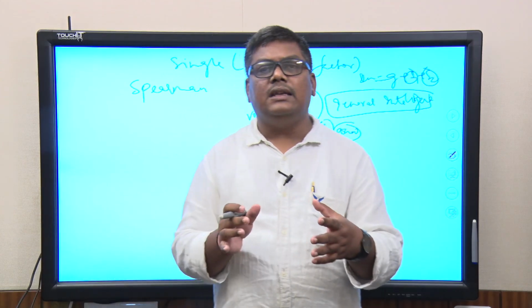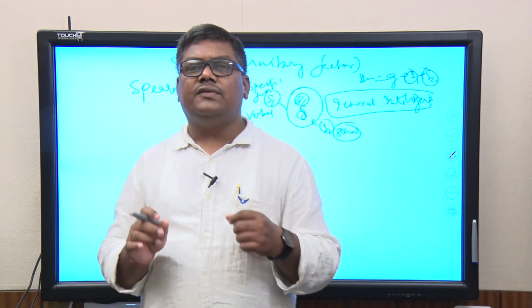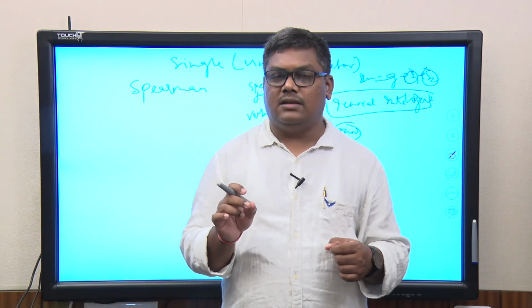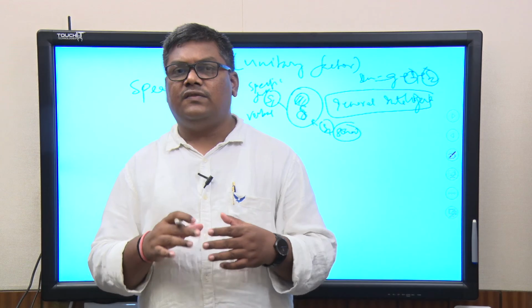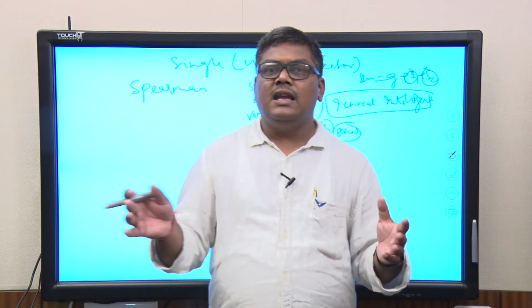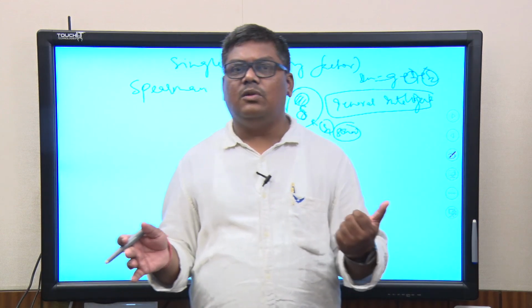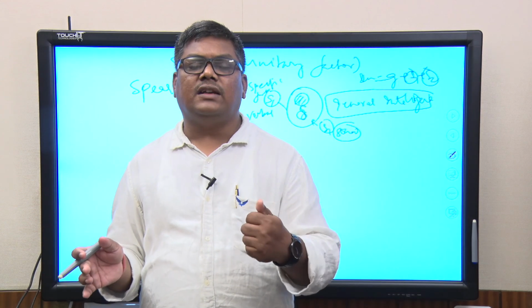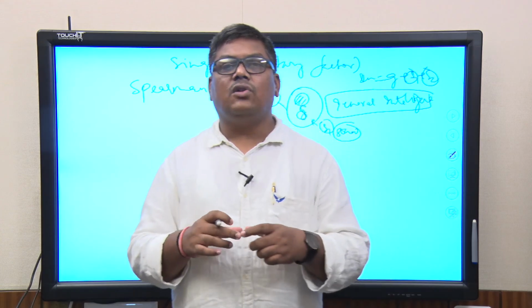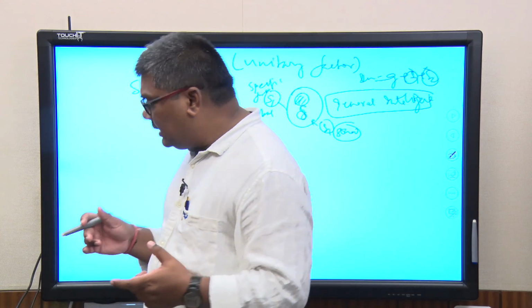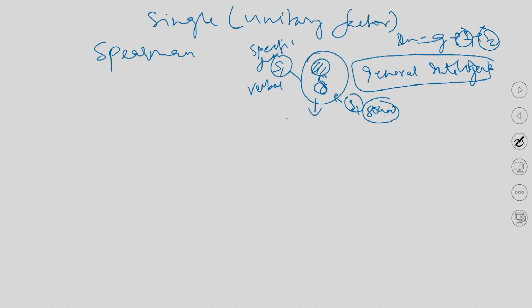So, many intelligence tests actually correlate among themselves very highly, and so he says that this correlation they are having among themselves, because if different intelligence tests measure different factors, then there should not be a correlation among themselves. But then since there is a correlation among themselves, there has to be a unitary factor, there has to be a common factor which is causing this high correlation, and that is what he said is G. So, he says that G is that common factor